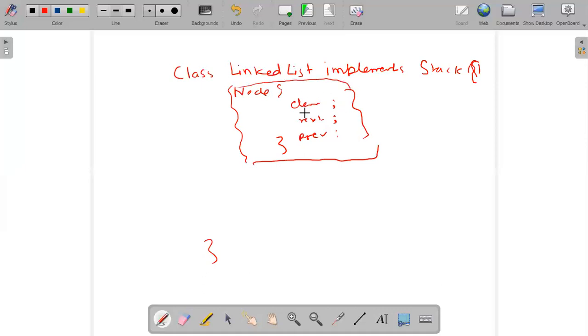So let's say I have only a singly linked list. Let's forget about the doubly linked list. I have next and element. So here you can do the push operation. You can write an add method, so you can abstract the add method. Push is like adding at the beginning only. And if you are popping, then remove from the beginning only.